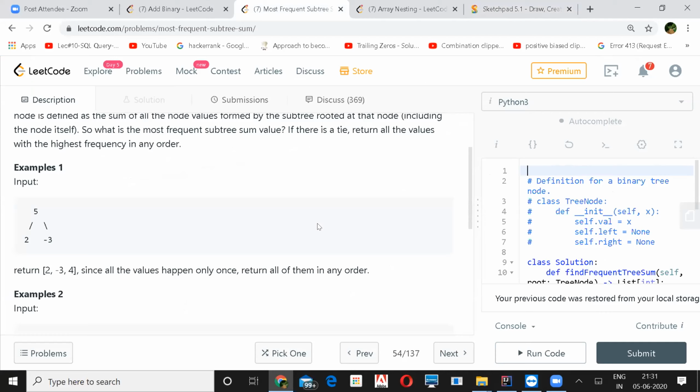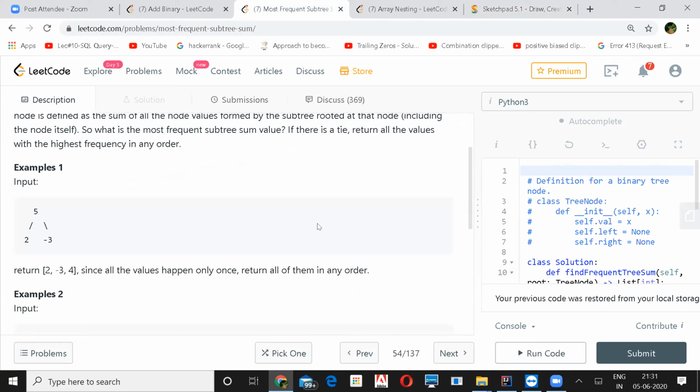If someone wants to share, the way it can be done is to do a DFS or a post-order traversal of the tree, and get all the sums when you traverse both the left and right nodes at every node.